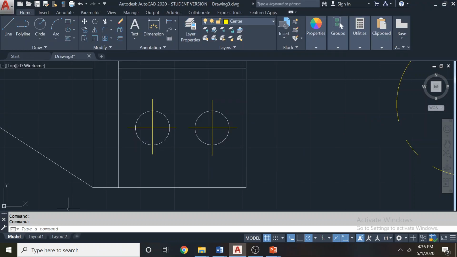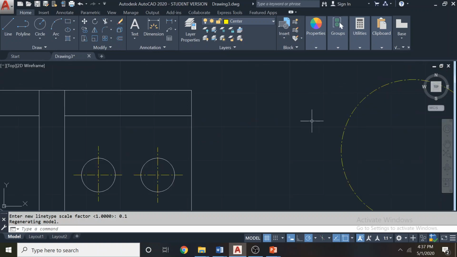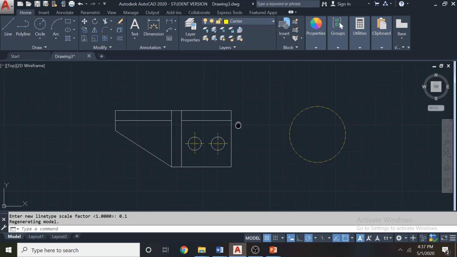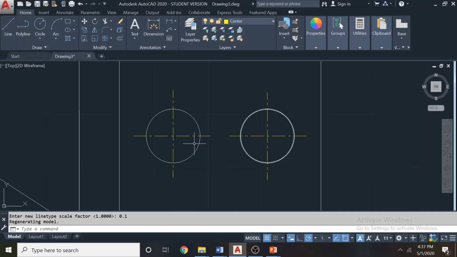There is a command in AutoCAD called LTSCALE, line type scale. So I'm going to type that command, it's here, and it says the current zoom in factor is 1. Now I have to give a value less than 1, say I'll give 0.1. Now you see the center line appears. Now it's going to affect everywhere, not only in this drawing, this part is also going to be affected. So if it is not adequate, we can undo the command.